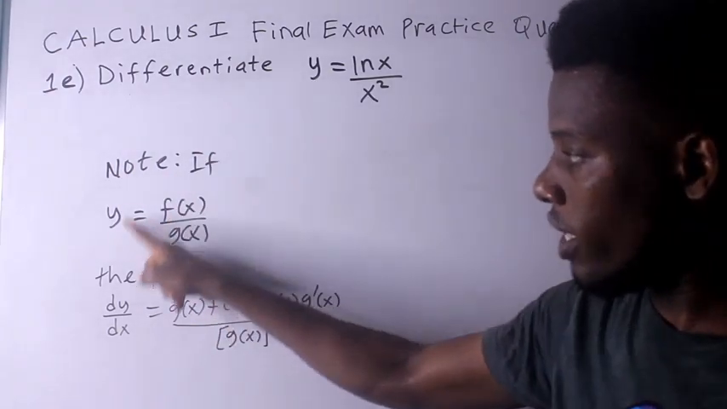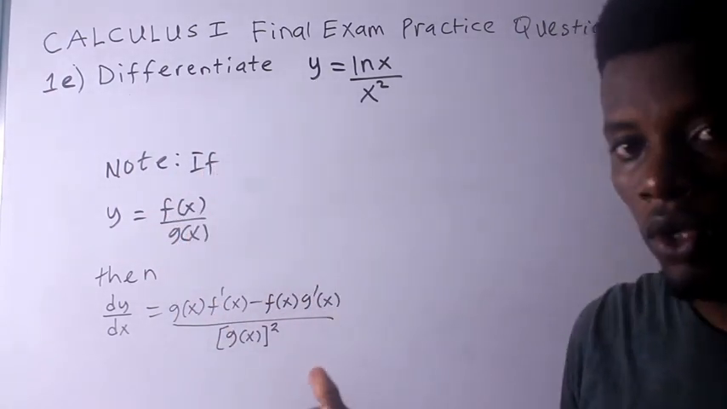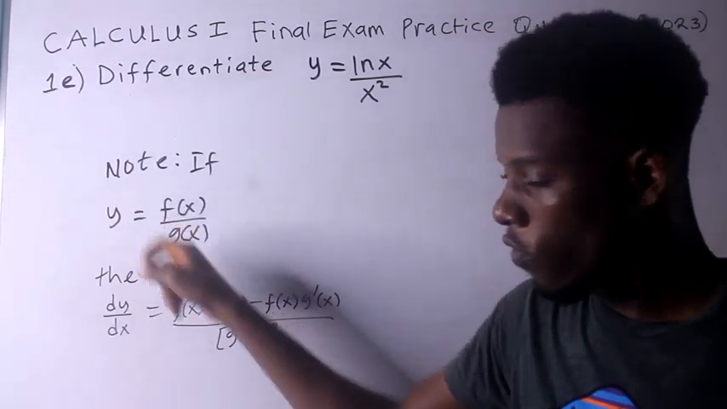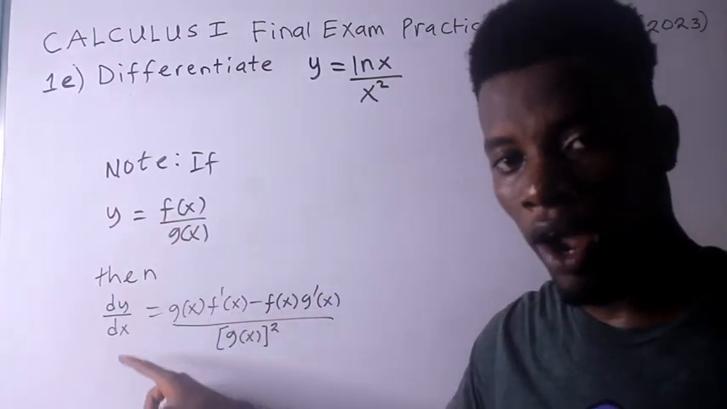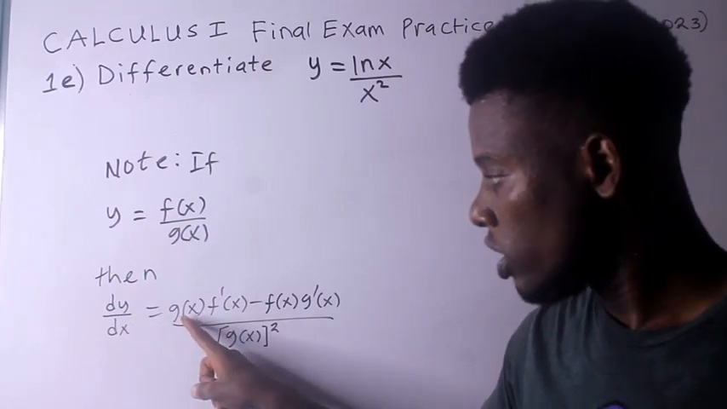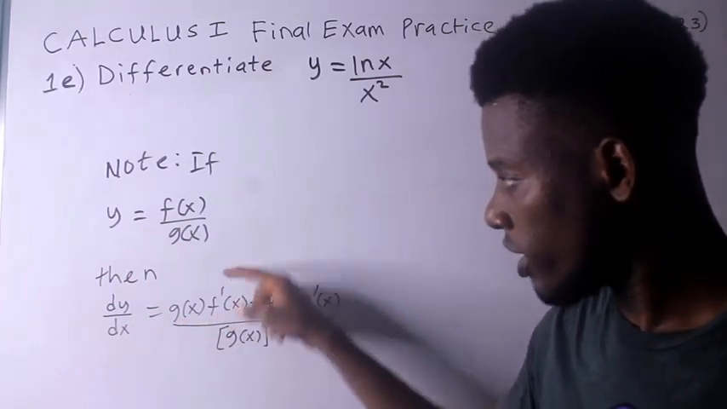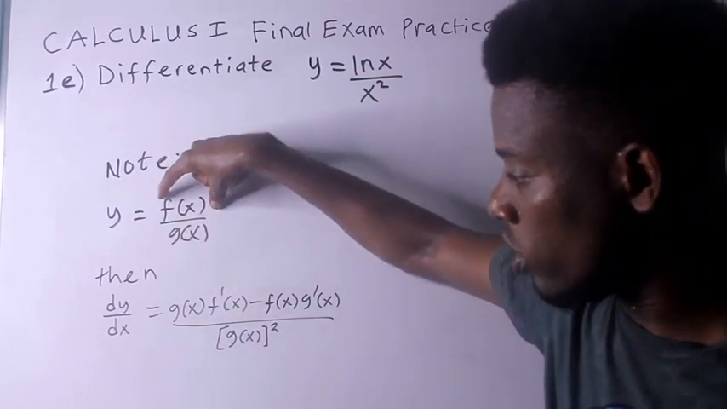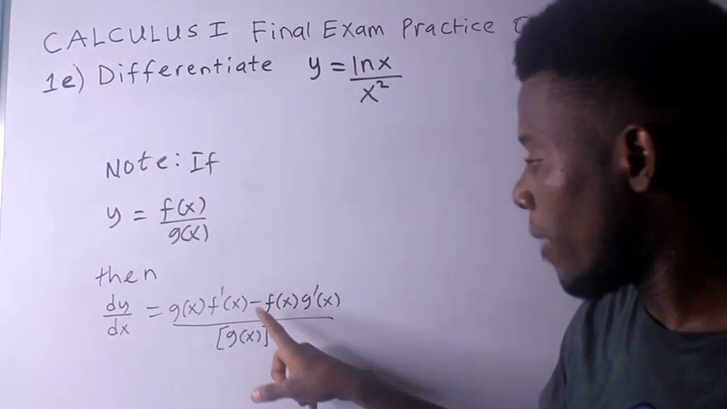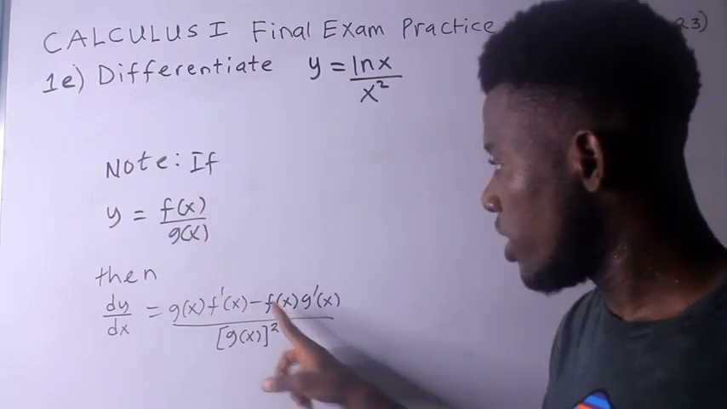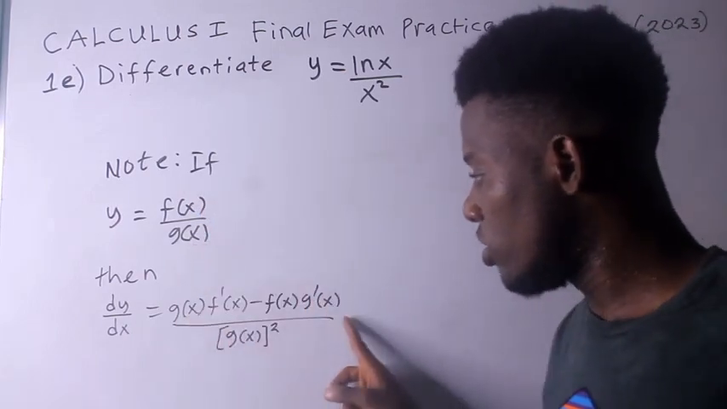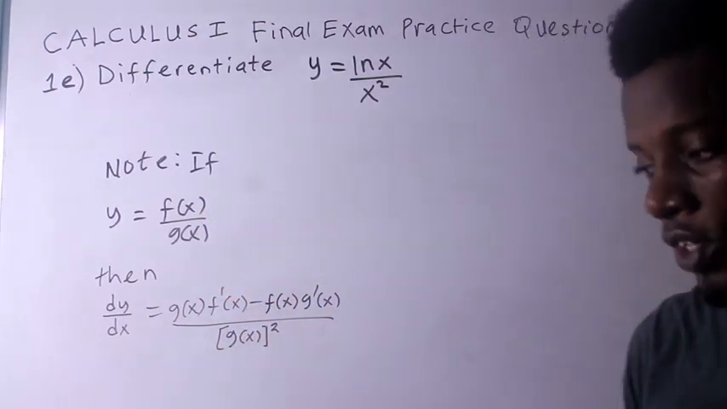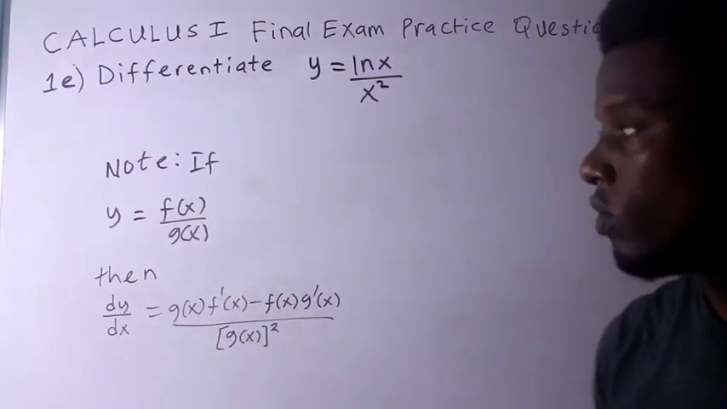Note, if y equals the quotient of two functions, call them f of x over g of x, then the derivative of y with respect to x, which we call dy over dx, is equal to g of x f prime of x. That means you hold g of x constant in the denominator, and then you differentiate the numerator, which you call f prime of x, minus you hold f of x constant and differentiate the denominator, all divided by the denominator squared. This is what we call the quotient rule of derivative, and that's exactly what we're going to use to do